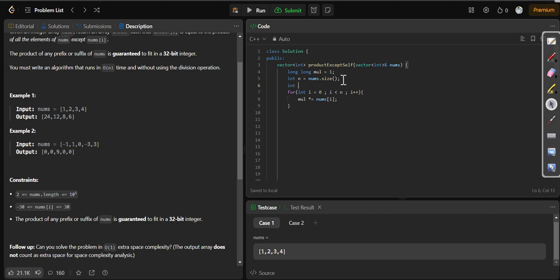So int countZero is equal to 0. Then, if nums[i] is equal to 0, we do countZero plus plus and continue.